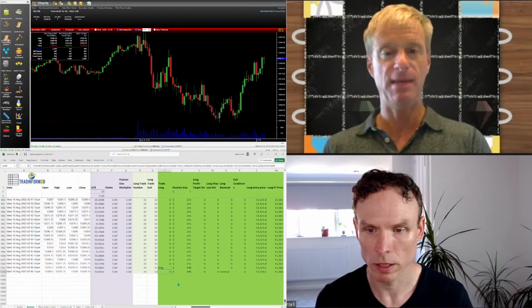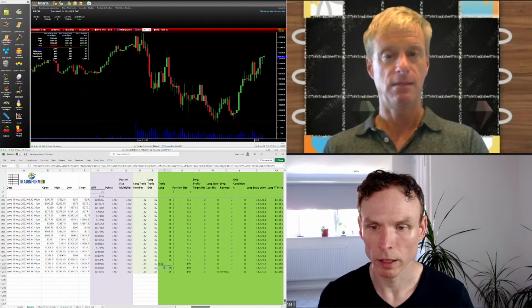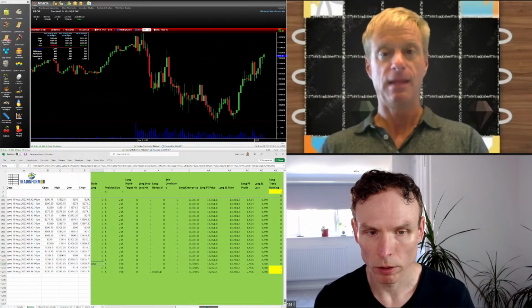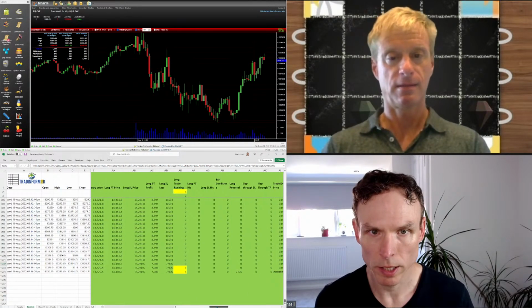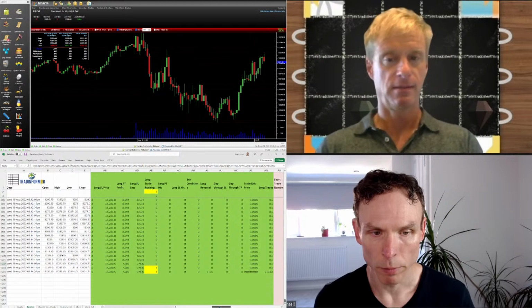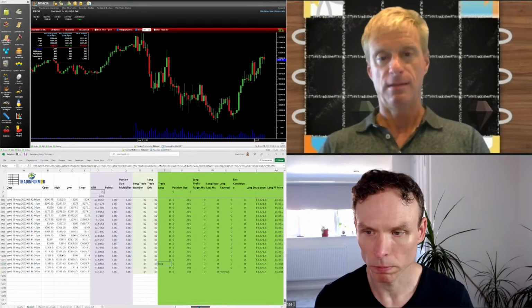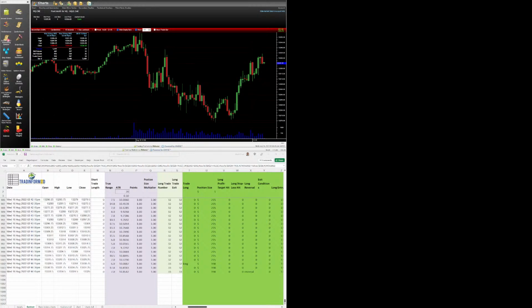So I can see we just get a message here saying long, and if we scroll across here, we can see the prices. We can see the current net P&L, and we can see the trade entry price. So this is the theoretical entry price that we took of our trade. It's not the exact price. It's not reporting back the price we got for the